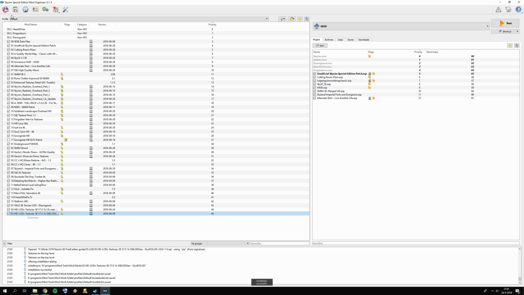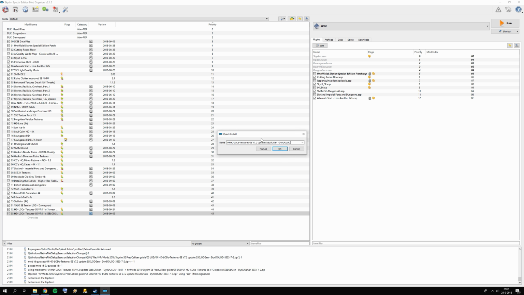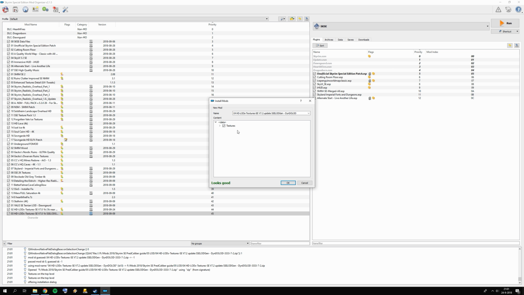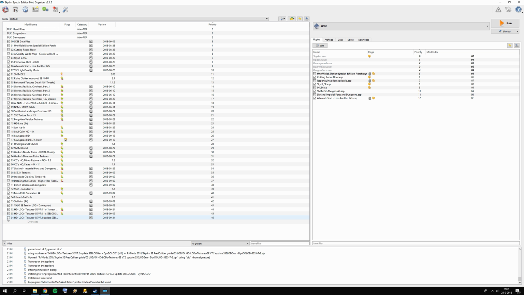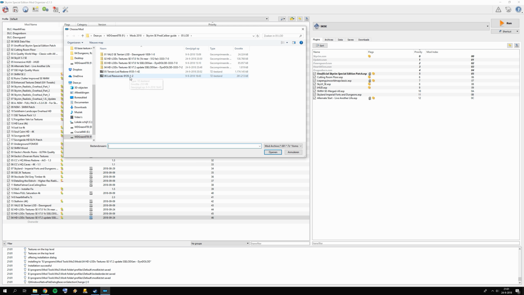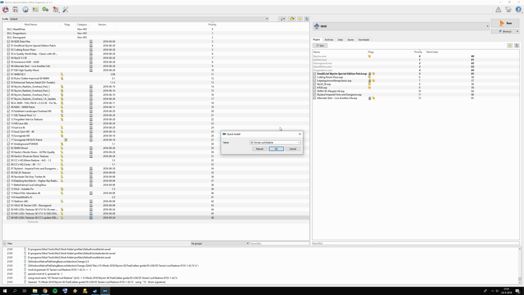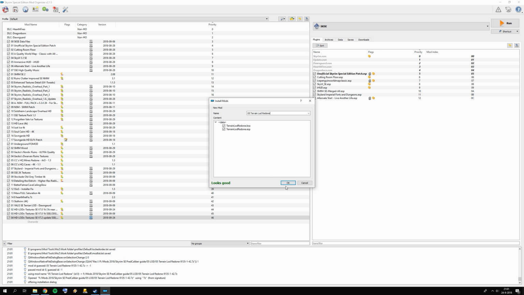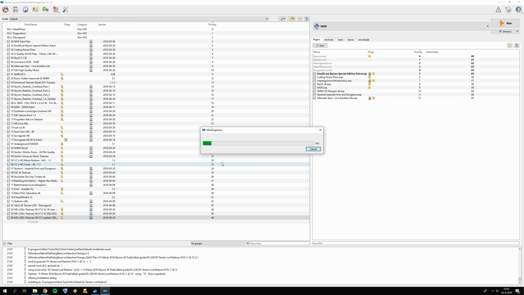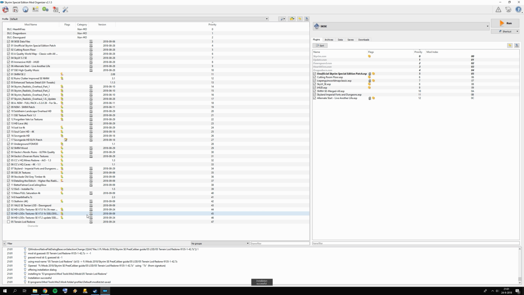Okay, and then also the small update for this set data directory. Well, that only leaves us with the last couple of files for the LOD, and that is this big one, terrain LOD redone. Click manual, press OK. As you can see, it comes with ESP files, and it's relatively fast actually. I didn't really expect it for a file of more than 1 GB, so that means we can just simply wait it out like we're doing right now, unless this is going to take really long, but it's not,